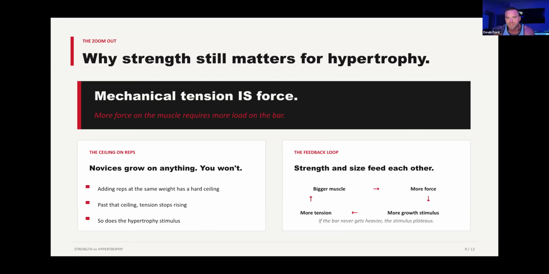You want to be putting more mechanical tension on the muscle every single week. And in order to do that, you have to be really focused on making sure that you're getting stronger, that you're actually pushing your weight, because your brain has to get better at using the muscle for your body to stress the muscle. Right? If your brain can't get good at using the muscle and recruiting the muscle, then it's not going to be able to put the stress on the muscle. Right? So they go hand in hand if they're used properly.